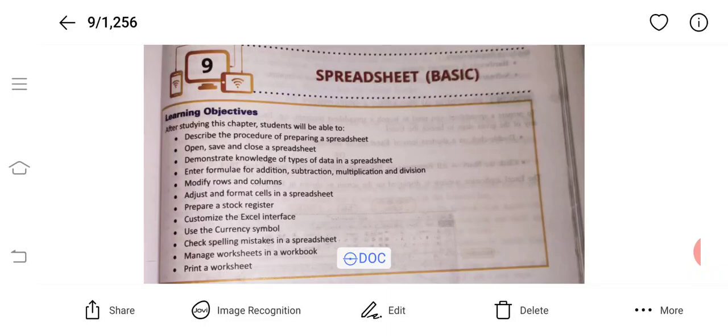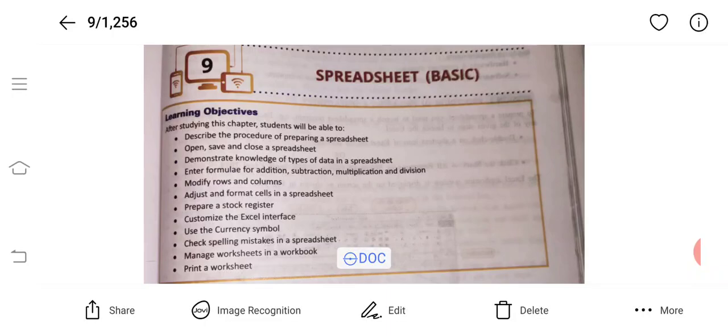So at first, all the questions from word processing should be included in your theory copy, as well as whatever I will tell you to write from now onwards regarding the new chapters. These things must also be included in your IT theory copy.